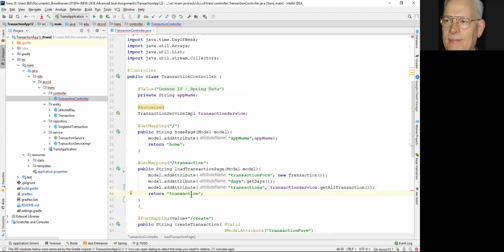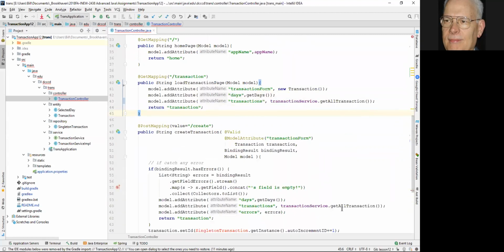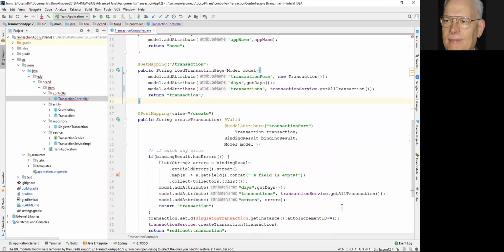And then we return transaction, which is the name of the page that we want to render. Okay, and change the create transaction, which is down here, and